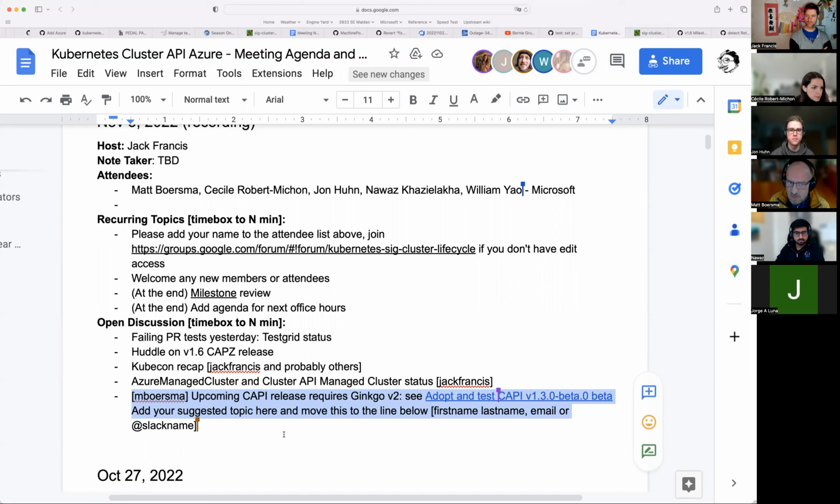I suppose we would know. I mean, the test would tell us. I don't think so, because it's up to CAPZ to fetch Ginkgo and other tools and all that. I think that's outside. Yeah, we would find out pretty quick. Okay, cool. So the TLDR for the community is that this should not affect anything at all. It just makes the adoption of CAPI 1.3 a little trickier than it normally would be because there's some sort of under the hood